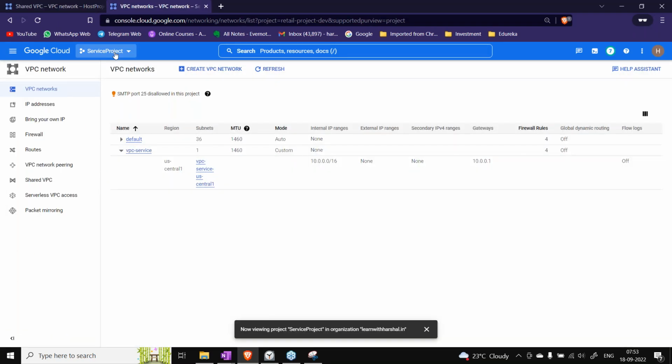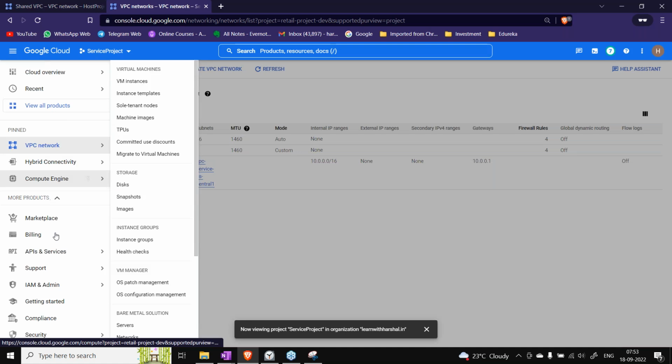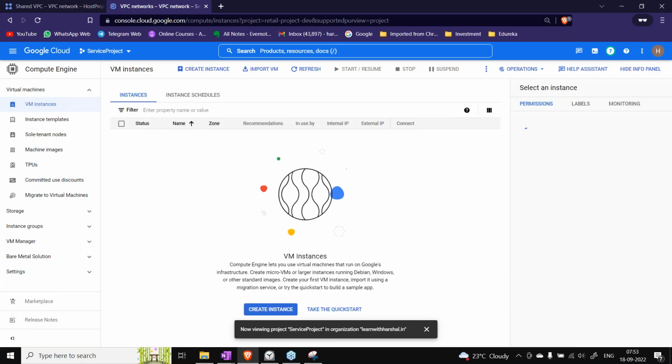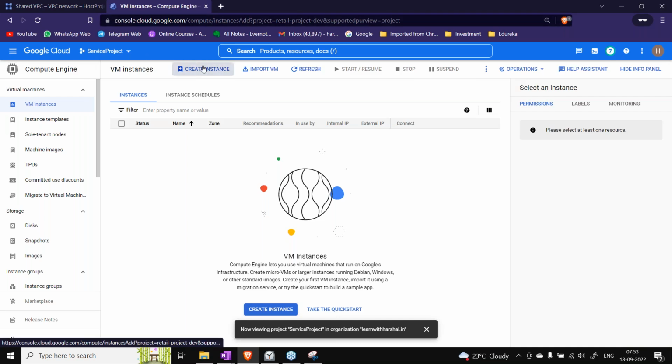Now I'm on the service project. I have two VPCs of my own, but I have one shared from the host. So, shared VPC, correct. The host VPC, right, Siva? So that's the correct answer. If I try to create a VM instance here,